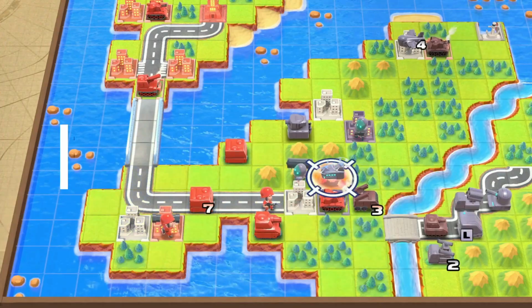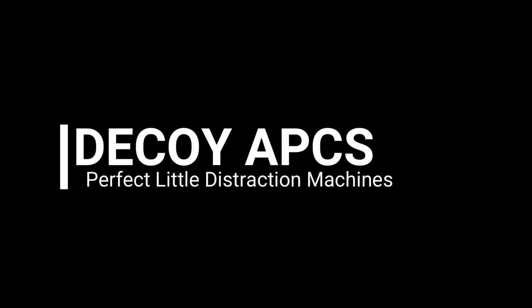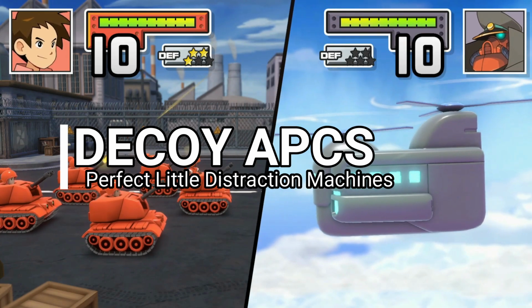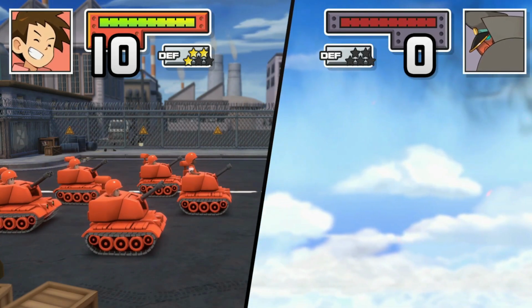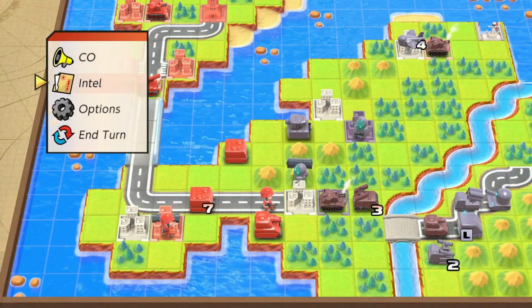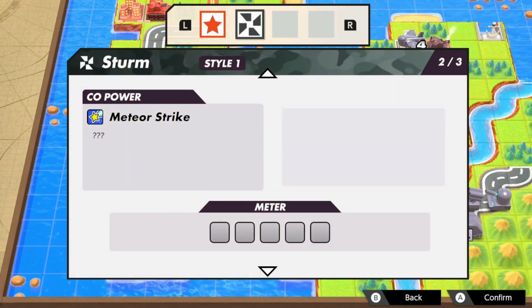And point number 7, use APCs as bait. In Advance Wars 1. Not as useful in Advance Wars 2. Still useful, but not as useful. So why do I say to use your APCs and by extension your transport copters and landers as bait? Well,